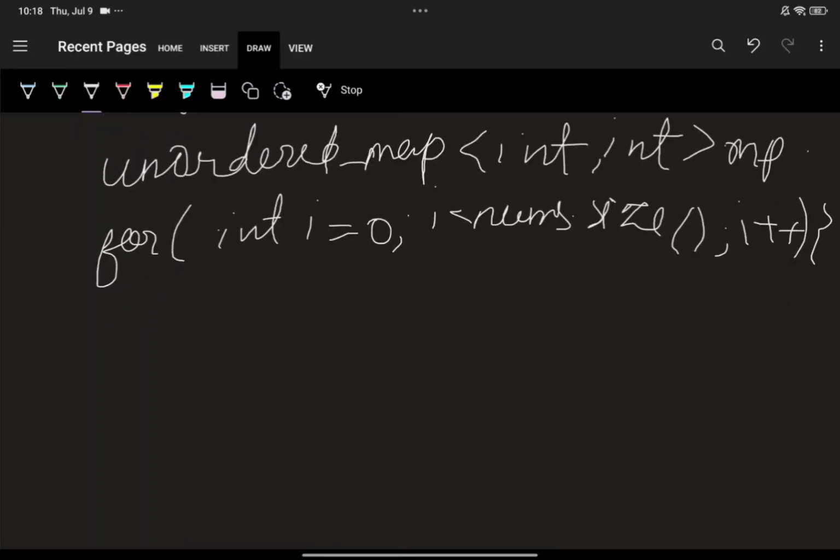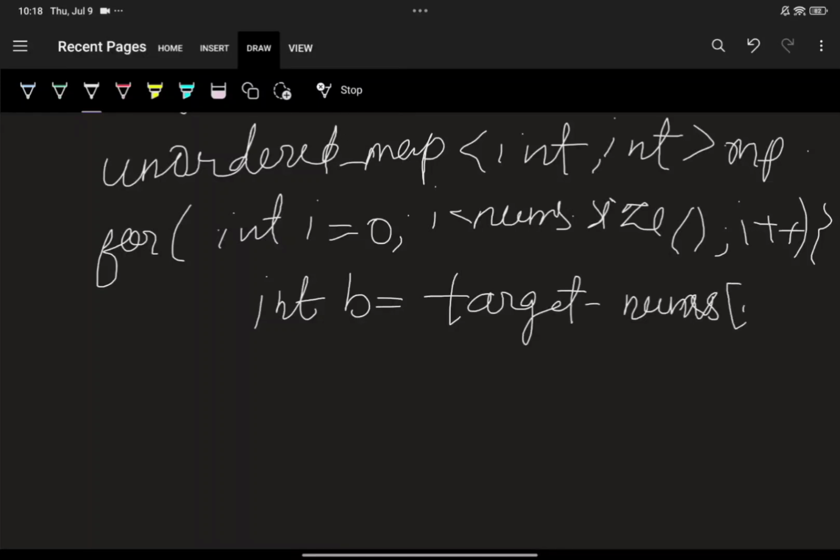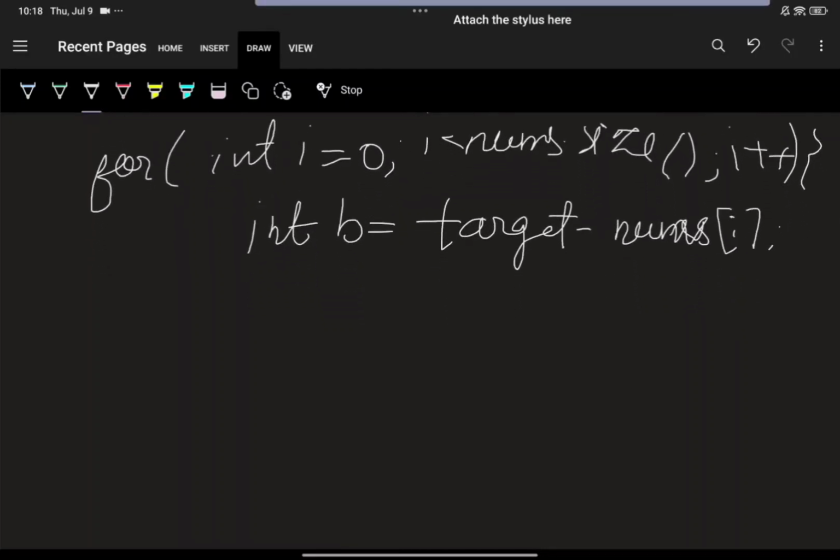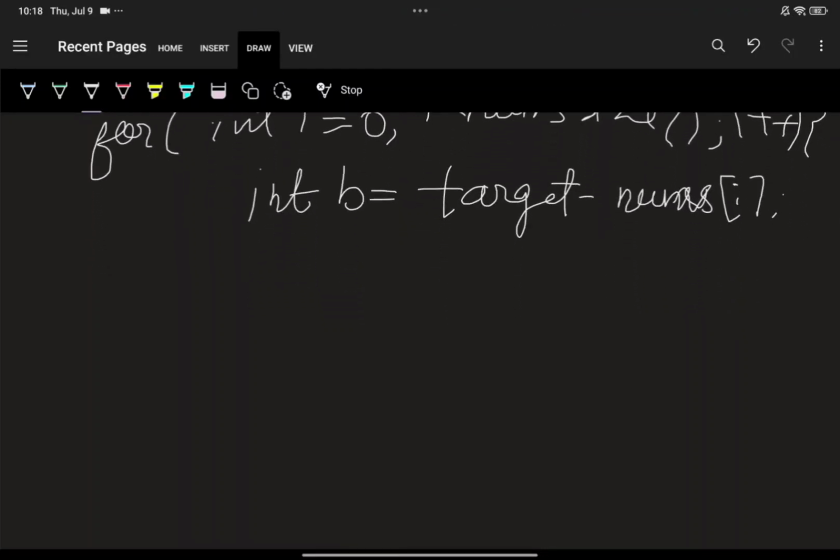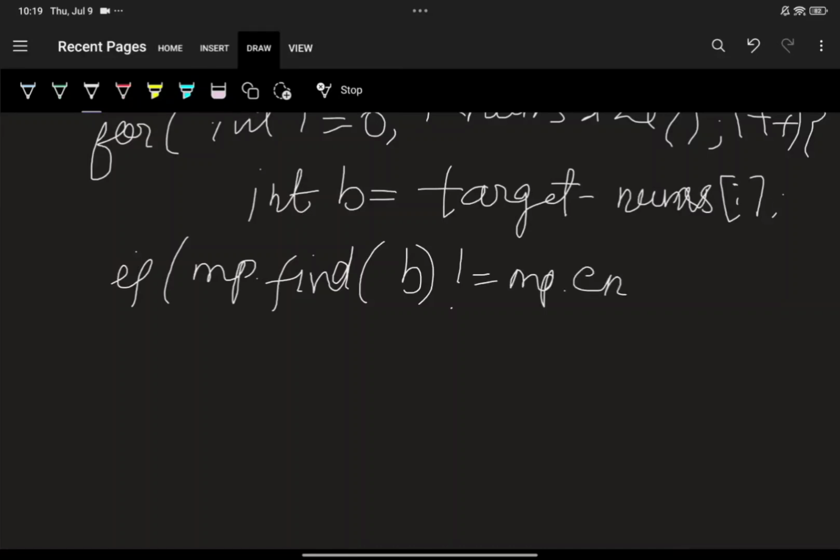So we take it as a second number or any variable. We can take it as b, which will be equal to target minus nums of i. This calculates the number we need to reach the target. Now we will find if in the map we find that b, if we find that b not equal to mp dot end,